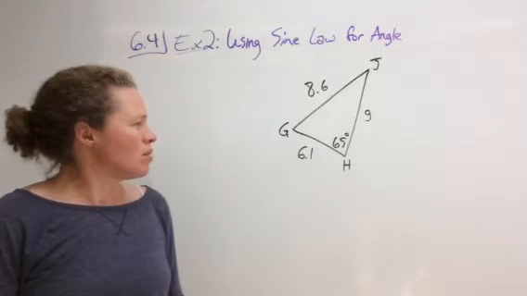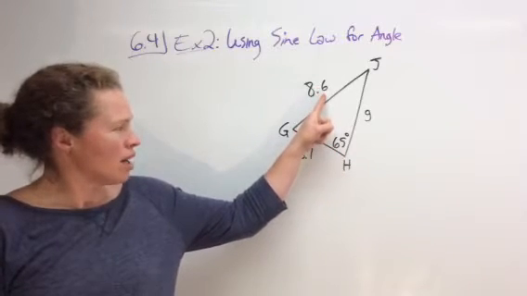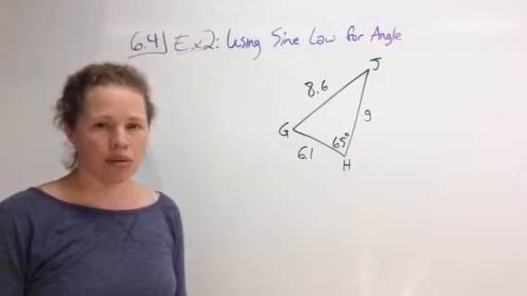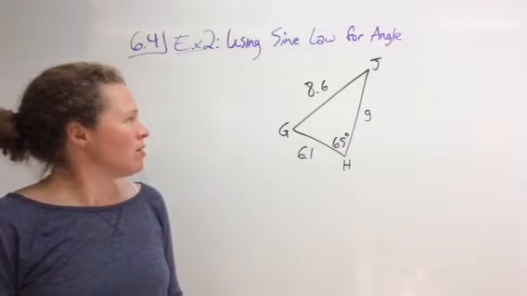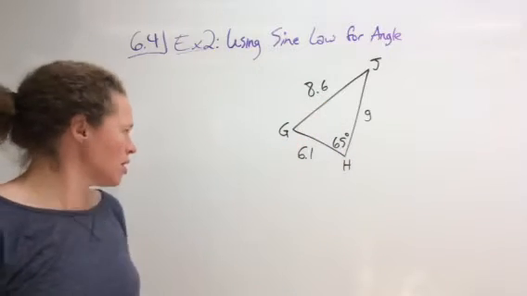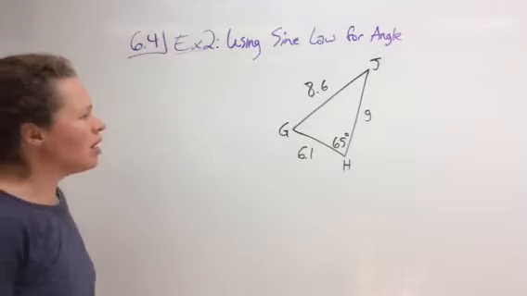So what we want to do is make sure that if they've only given us one angle, we have to have the side across from it. Otherwise, you have to try a different approach. Sine law won't work. But they've given us one that does. We have 65 degrees here, and it's across from 8.6. And they're asking us to find angle G,